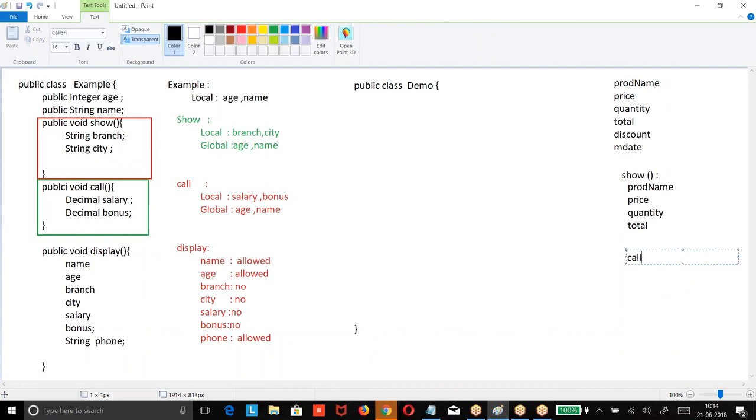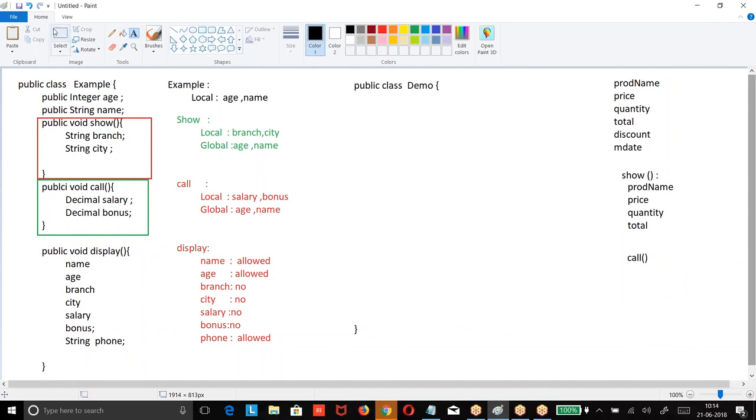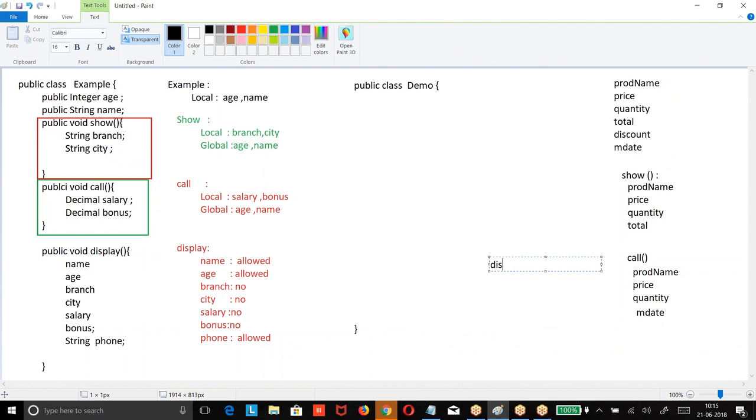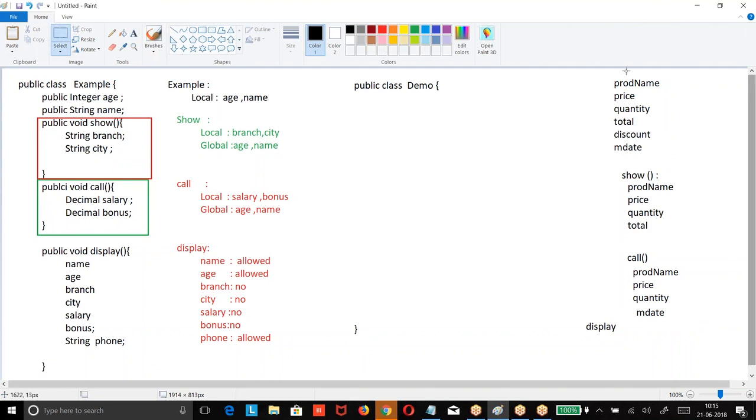Now within the call I was supposed to use some data, and now within the display I was supposed to use this data.